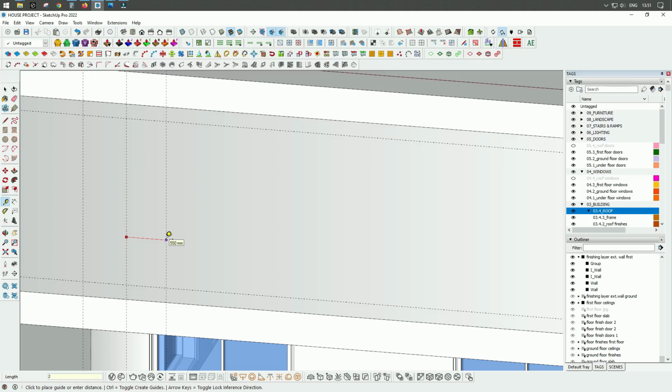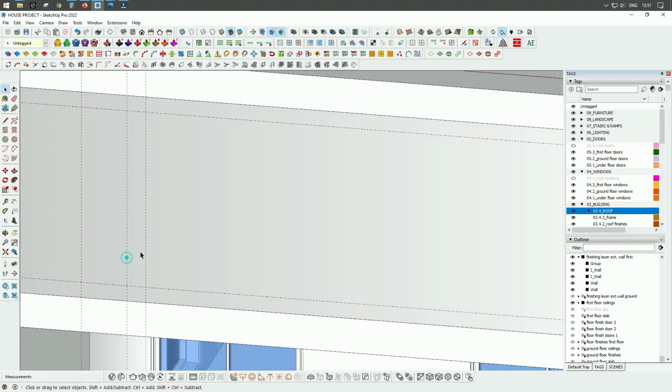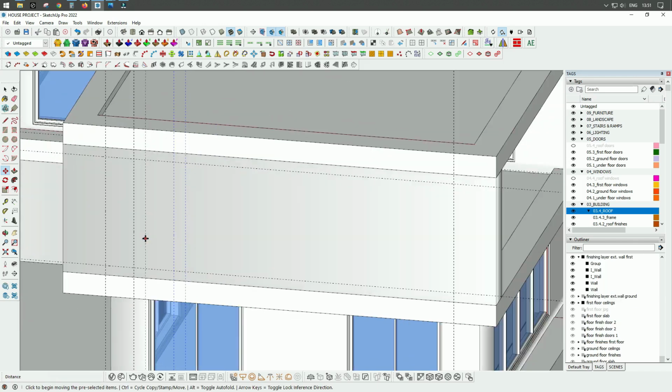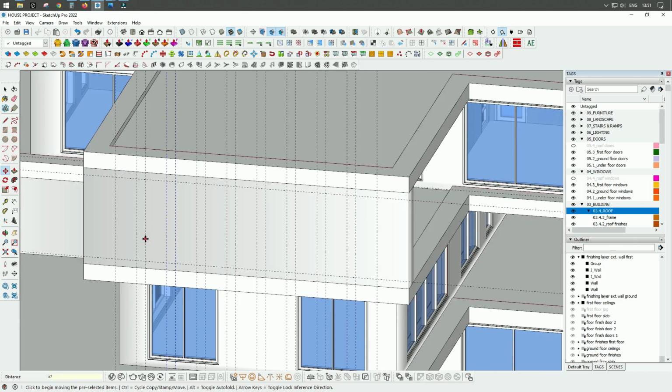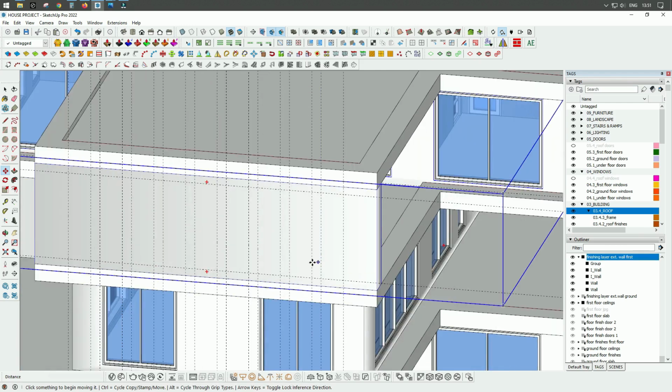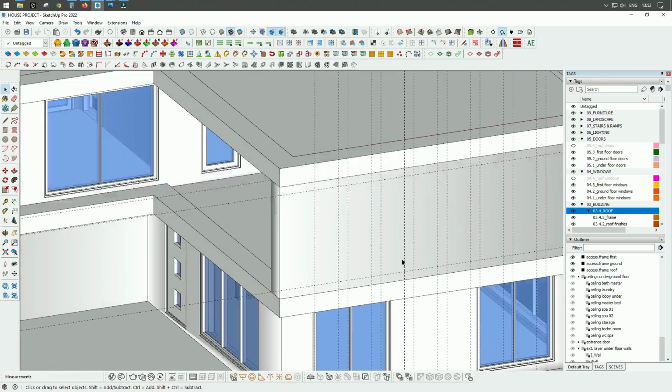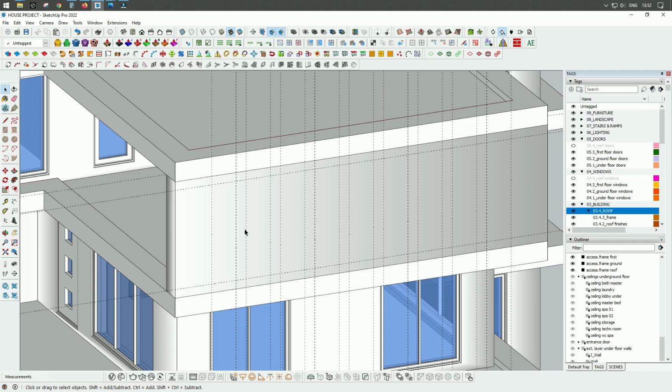and this will be 246, sorry, you have to use comma, and then I can select these two reference lines, and I will use move tool in the copy mode in order to copy them. Multiply by 7, let's say. And now we have actually all our reference lines, and we can start making our